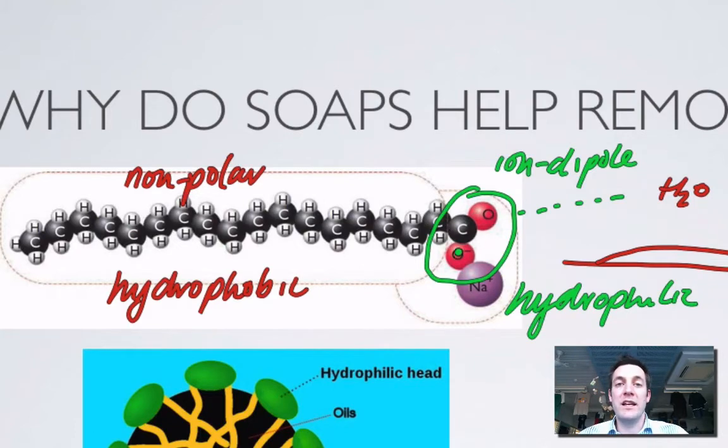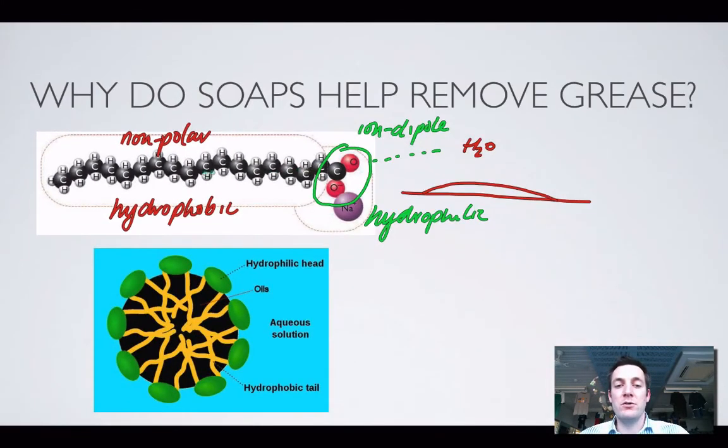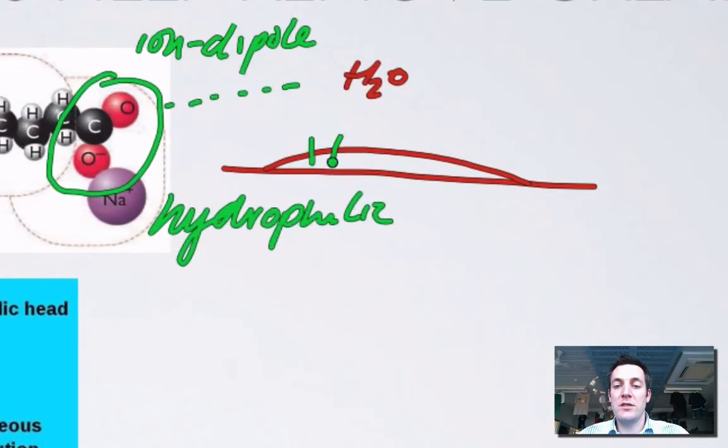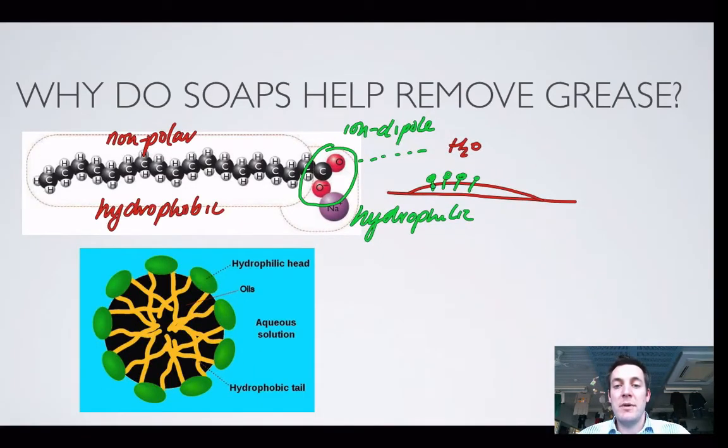a water soluble but fat insoluble end, then this molecule can minimize its unfavorable interactions with water by burying the part that dissolves well in fats in the grease. Okay, so the tails get buried in the grease. The heads, these ionic heads or the hydrophilic ends, they stick out of the grease because they like dissolving in water. And then we can actually maximize the amount of contact between these polar ends of the